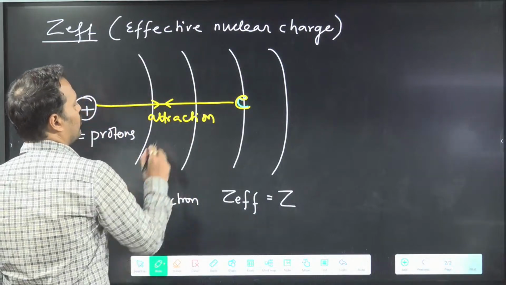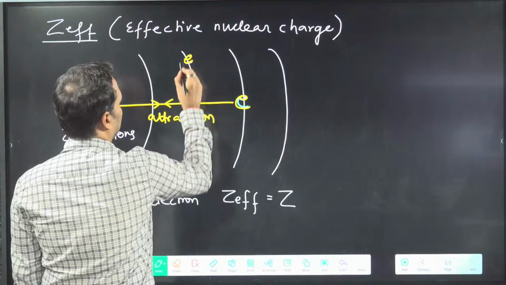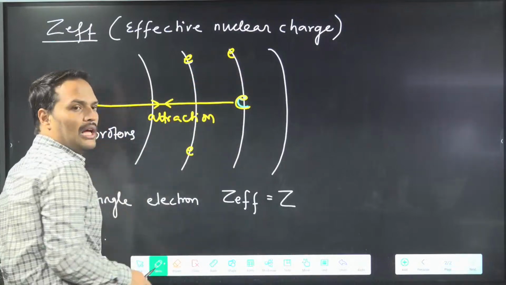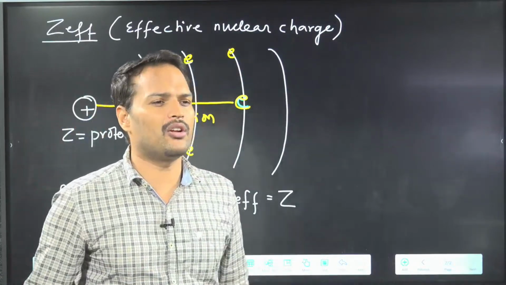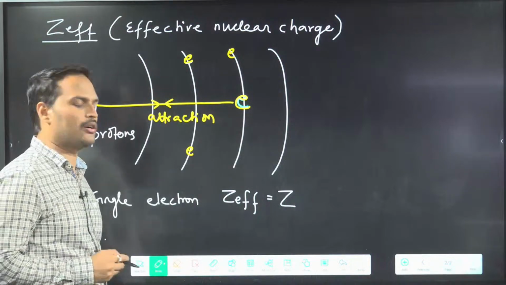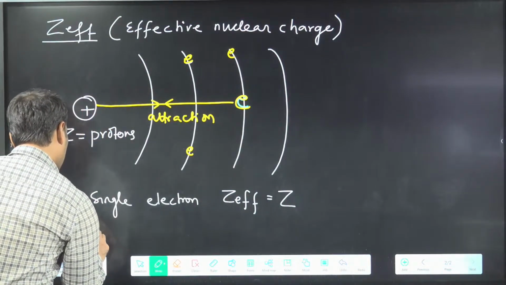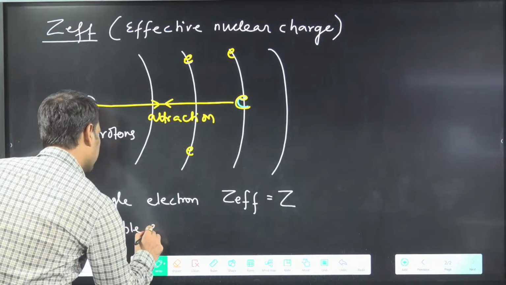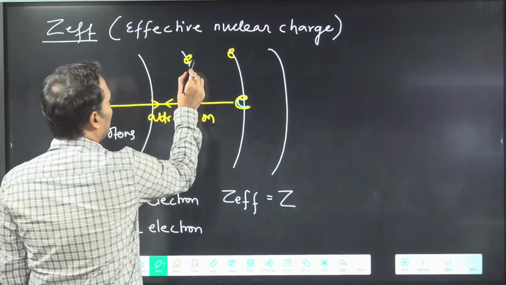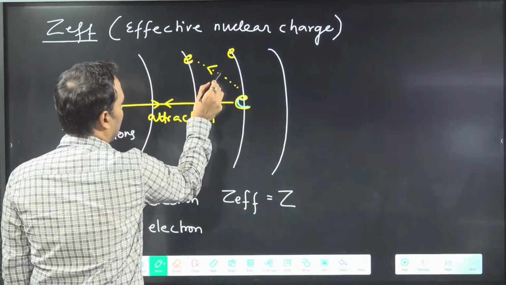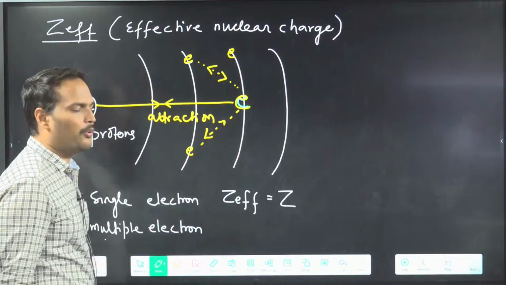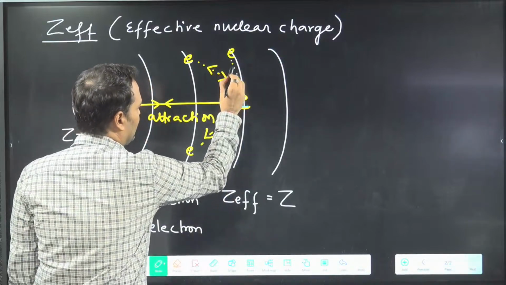Now suppose we have other electrons also, like one electron is here, one more electron is here, one electron is in his orbit only. Now what will happen? Some new forces will be there or not? Now suppose there are few more electrons, a multiple electron system. We are talking about multiple electron system now. So what new forces will come? There will be repulsion also. Electron, electron, repulsion. Electron, electron, repulsion. Got the point? This electron also, electron, electron, repulsion.